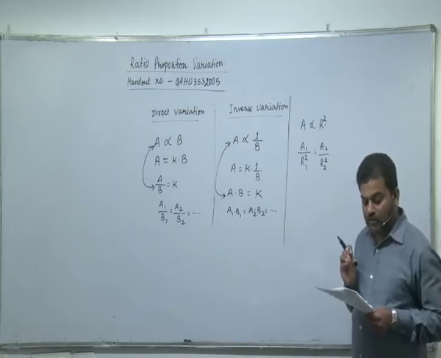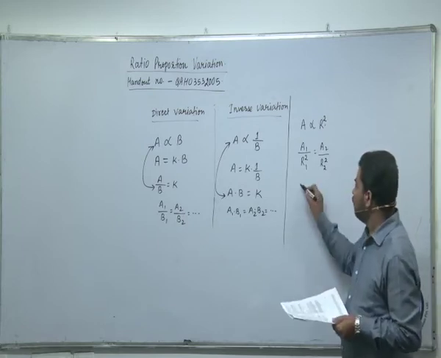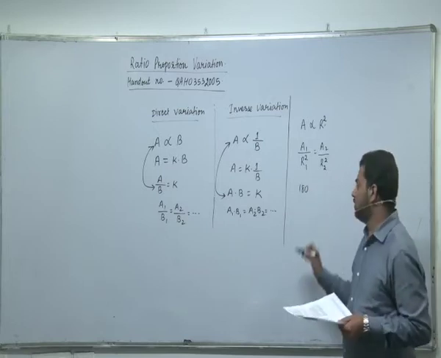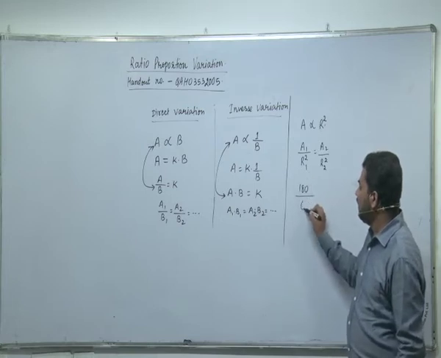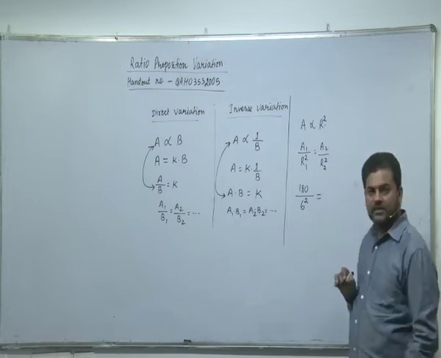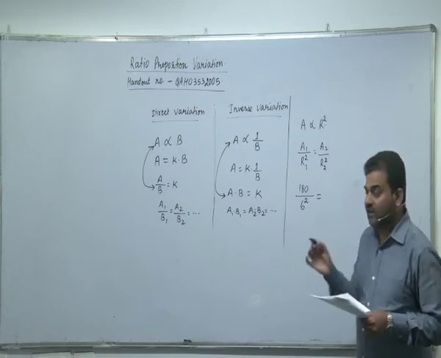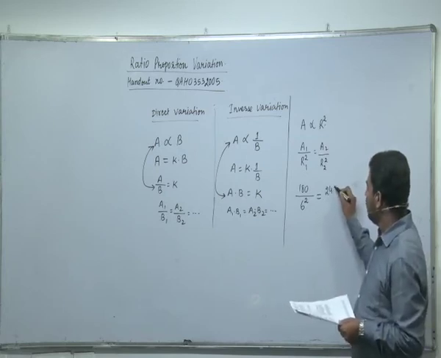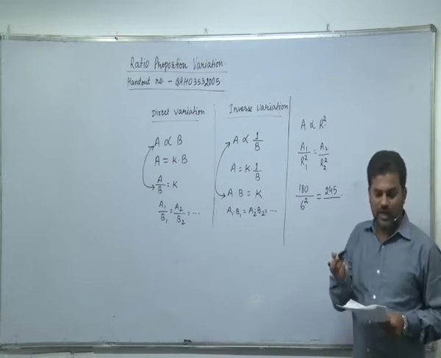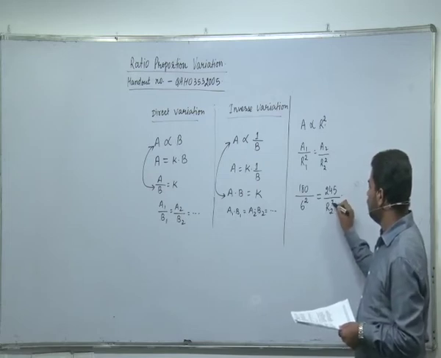So, let us look at this. What is area number 1? Given that the area of the circle is 180 square feet, so A1 is 180. When the radius is 6 feet, so R1 is 6. In the denominator we have to write R1 square, so we will write 6 square on the right hand side. What is the second area? The second area is 245, so A2 is 245. What is R2? It is not known. The question is asking you to find the second radius. So R2 is not known, and we will write R2 square here.